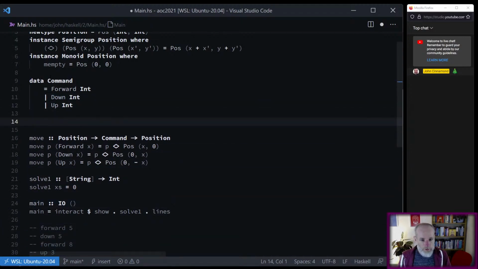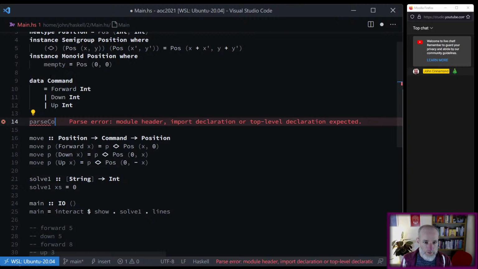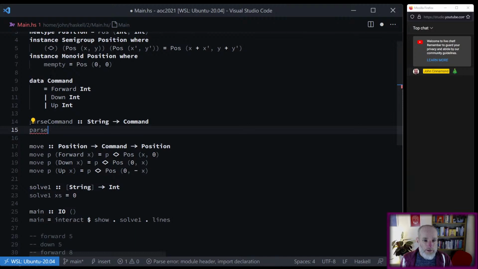What we now need to do is convert a single string into a command, I guess. So let's just call this parse command. I guess I could go and grab Megaparsec, but it seems a bit of an overkill, given that we just split it on the word. So we're going to go string to command, and then parse command of s is equal to, so we're going to call words on s,